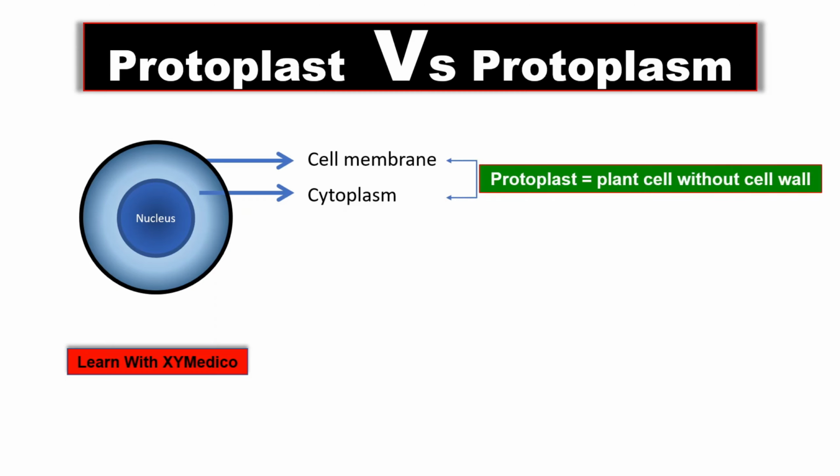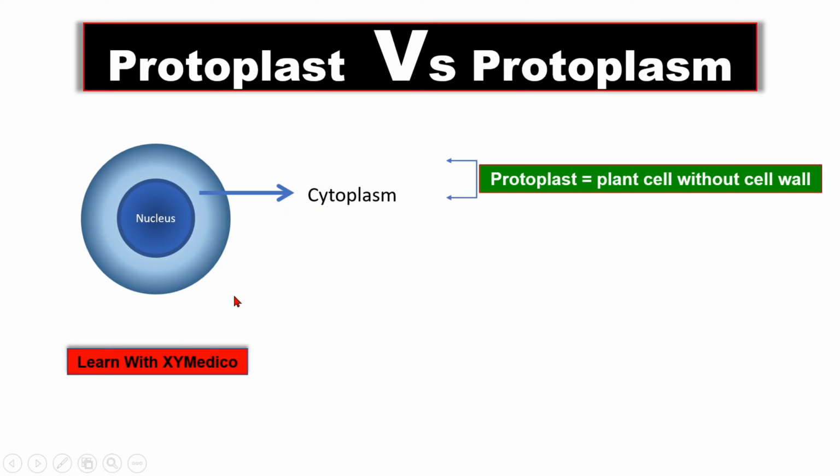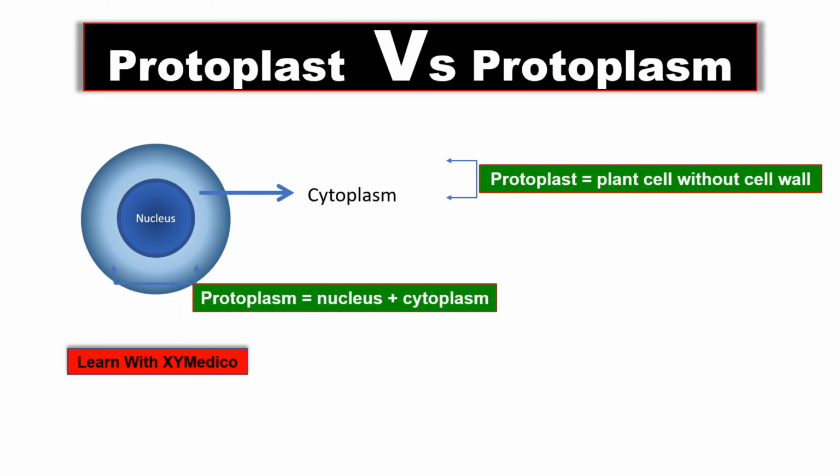A plant cell without cell wall is called protoplast. You can say that protoplast is equivalent to an animal cell, as an animal cell doesn't have a cell wall. Similarly, if I remove the cell membrane, the remaining structure will be called protoplasm, which consists of nucleus and